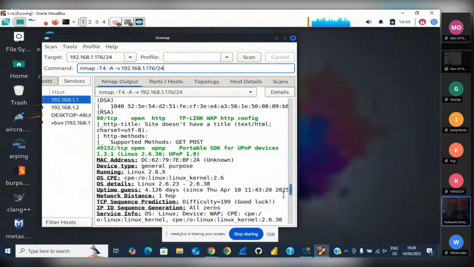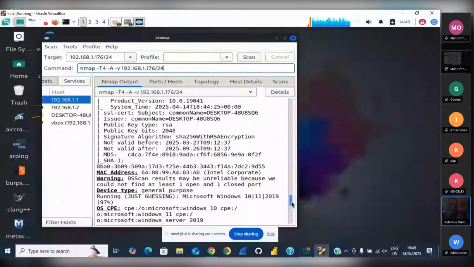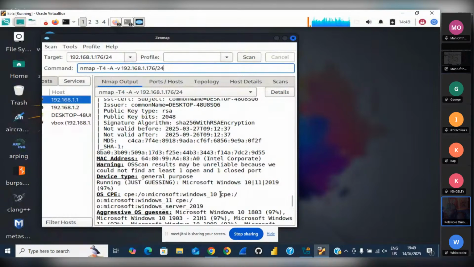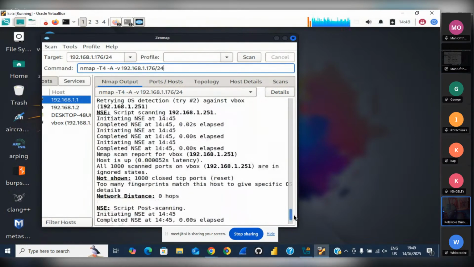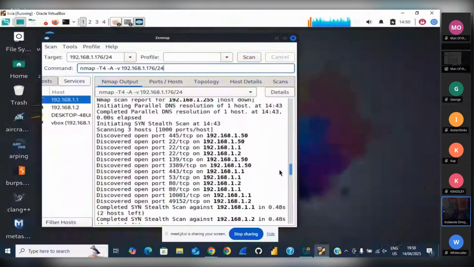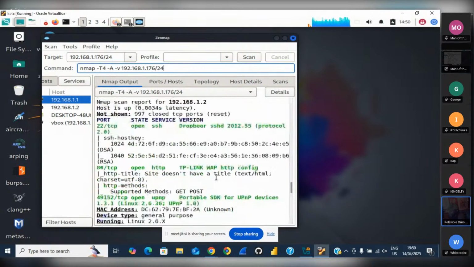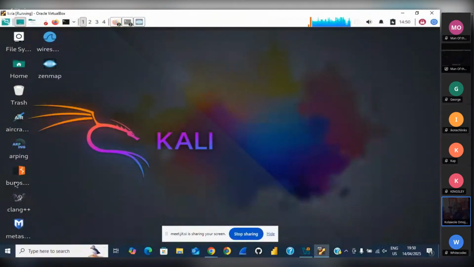But on this one, you see that the operating system is Linux. And on the other one, the operating system is Windows 10 to Windows 11, and the Microsoft Windows Server is around 2019. So now you can test and create your own type of payload and add it to your exploits. But before we go into payload, let us have a little discussion on payload, which is,